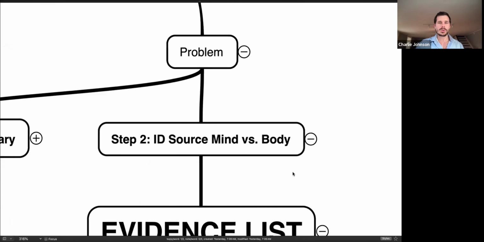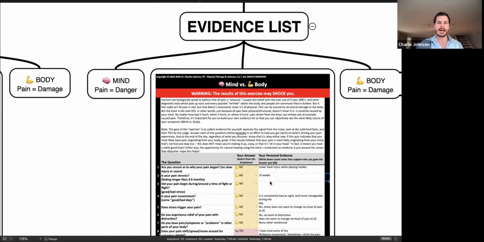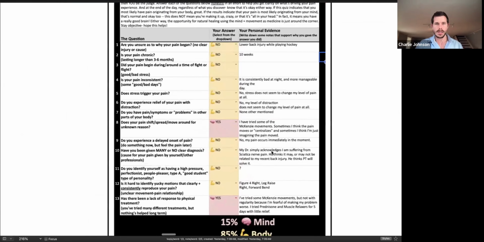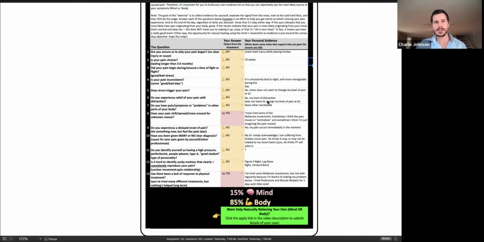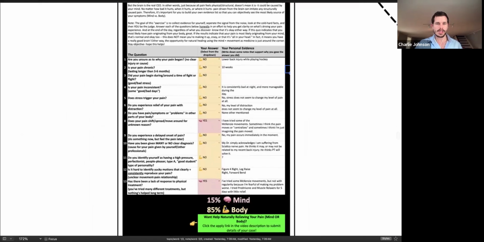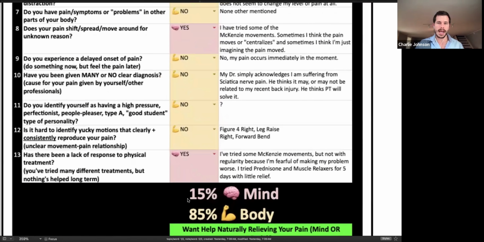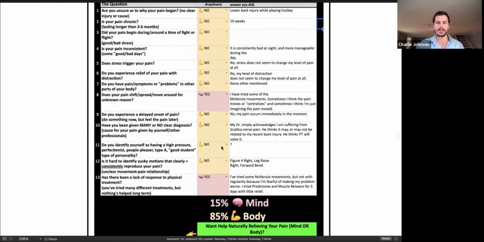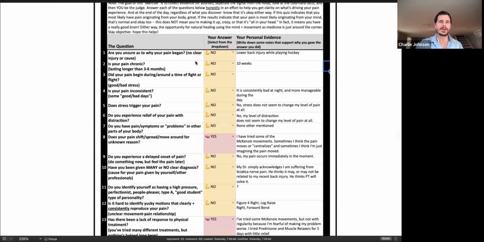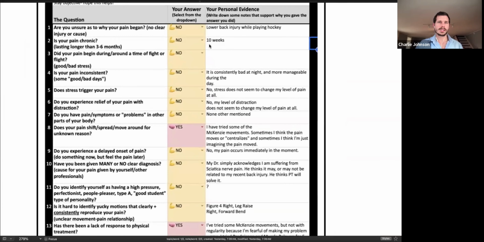Now we can identify the source of the mind versus the body. Again, I've taken the responses from his case review and put it into this evidence list, and you can see already it is 85% probability that symptoms are of the body. We're not looking for 100%. We go based off probabilities, and we don't just look at one of these things. And so, putting all the puzzle pieces together and looking at all the information to determine the most likely source